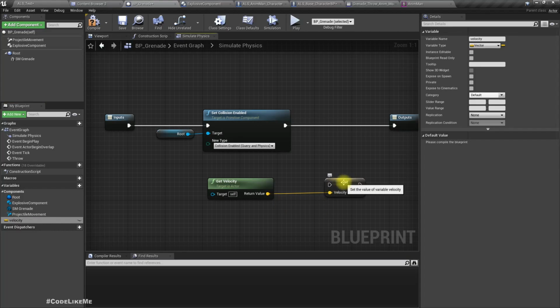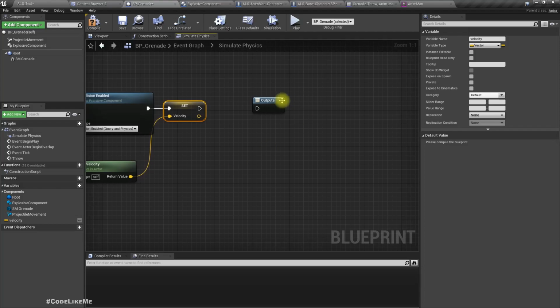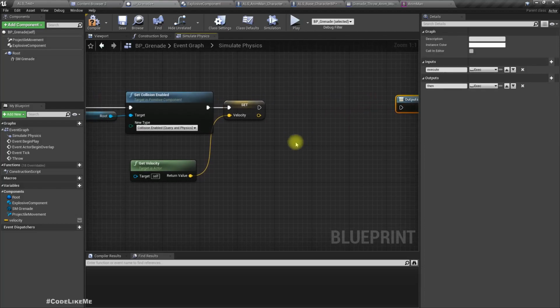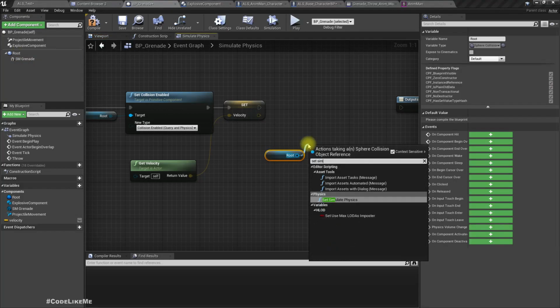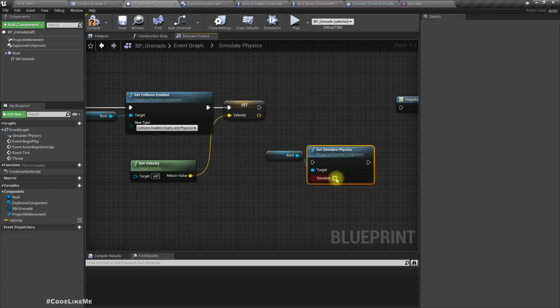Velocity, because we need to replicate the same velocity when we start simulating the physics. Then again get the root, set simulate physics enabled,